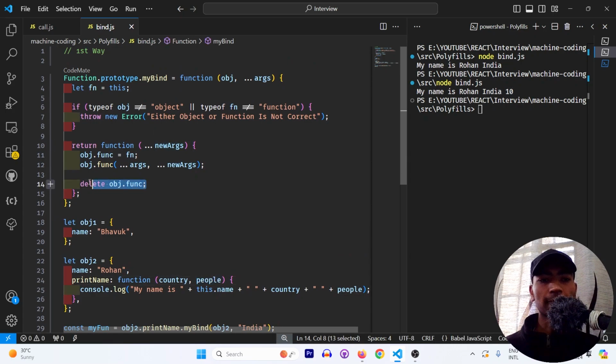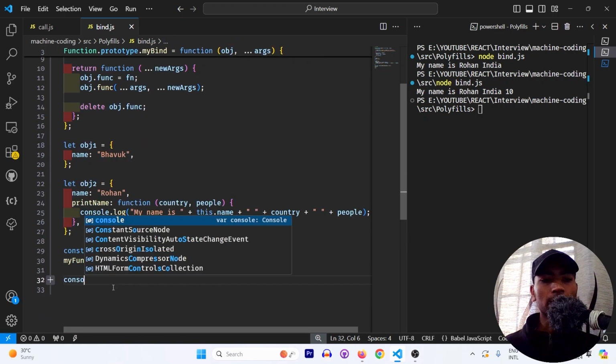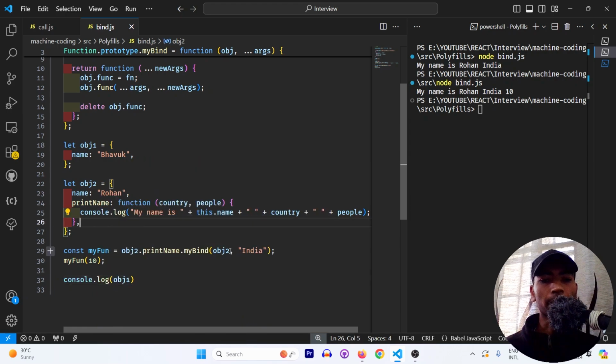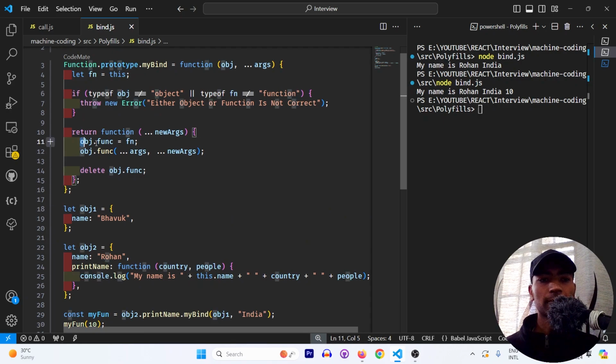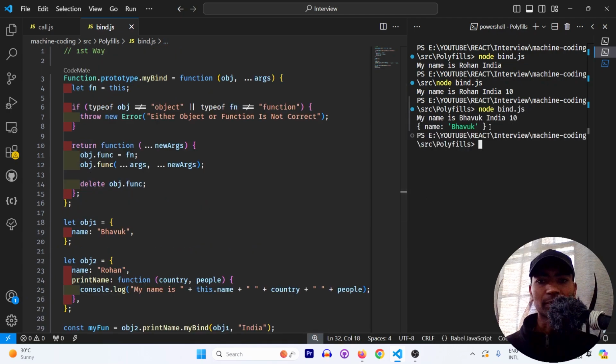Okay, so now coming to this delete operator that I used, let's say I do console.log of obj1. If I pass the context as obj1 and we are using it. Like if we see the normal flow, we are injecting a new function inside my object1 that is basically running that function. So if I run this now, as you can see, this object that we are getting only has a single property of name. That is, you can see here, object1 has only a single property because we are deleting. If we don't delete it,